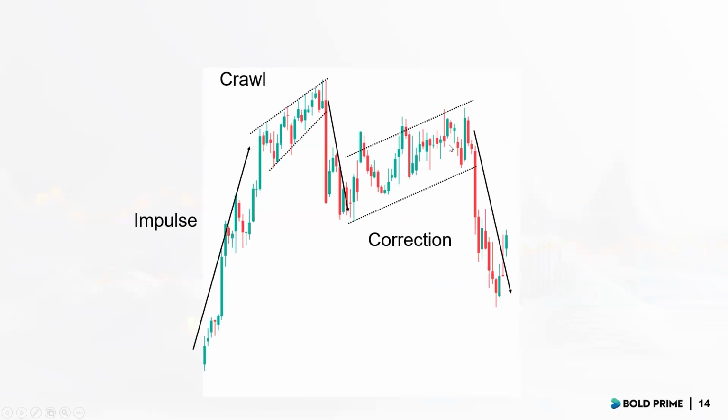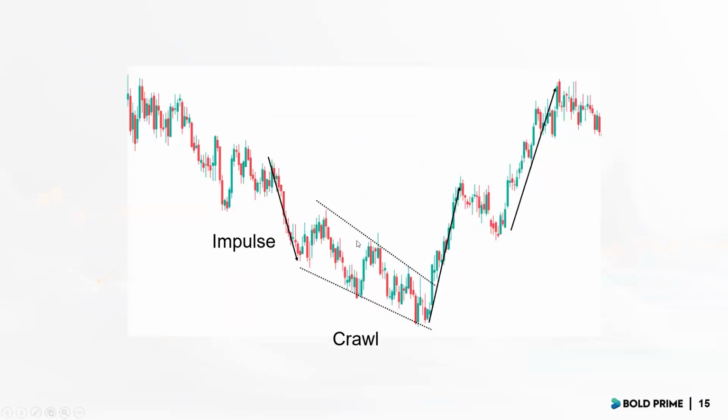So I'll give you an example here. We have an impulse leg to the upside, and then it starts to crawl, the market reverses, forming an impulse, and then it starts to pull back, giving you a correction, and then a continuation. So here we actually have a two pattern combination. First, we have a crawl that gives us a reversal, and then we have an impulse correction, which gives us a continuation. That's the beauty of the market and the patterns: they can sometimes develop one after another. Similarly here we have a crawl.